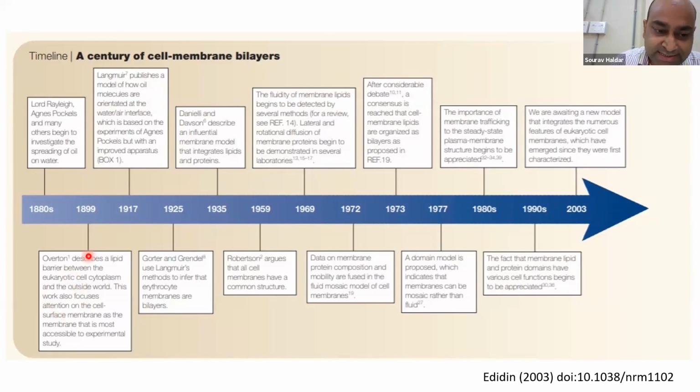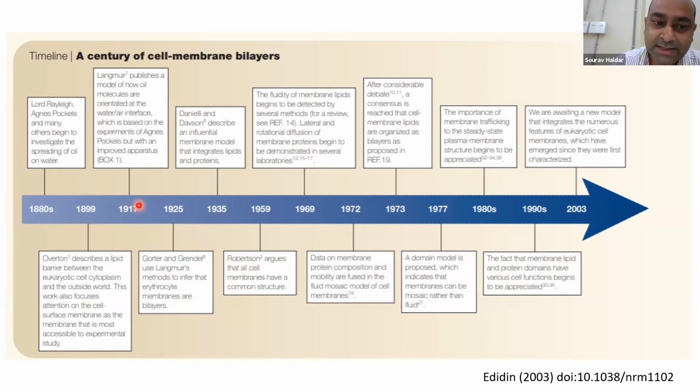Overton, along with Mayer, formed a sort of rule which is known as the Mayer-Overton rule, which says that molecules which have the ability to work as anesthetics have the same ability to partition into bilayers. So that means there is already, by 1899, people are starting to understand that there is some connection between the molecule's ability to partition into bilayer and their ability to work as a membrane active component like anesthetics.